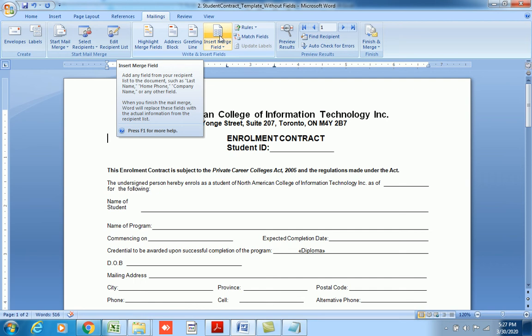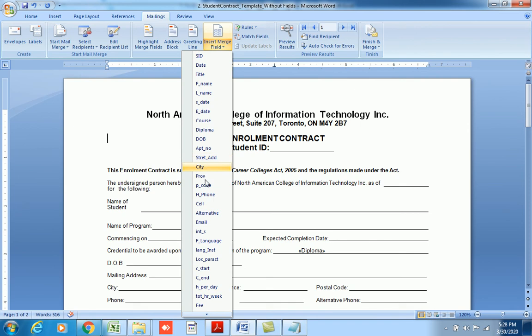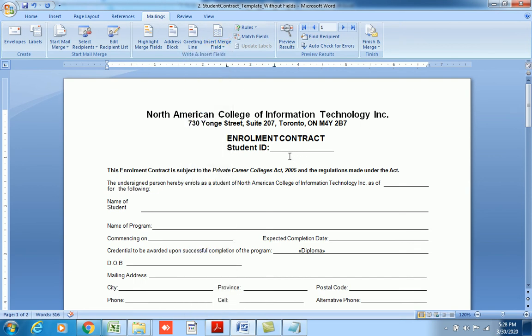You can further prove that by clicking on insert merge field, and when you click there you will see the list of all the fields we had in our Excel file. So now these fields are available for us to use wherever we want in our Word file. I will show you a couple of those, the pattern of how you will do it, and then you will follow the same pattern, same method, and insert all the fields in the respective places.